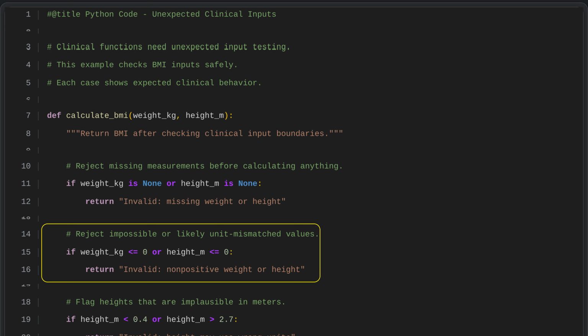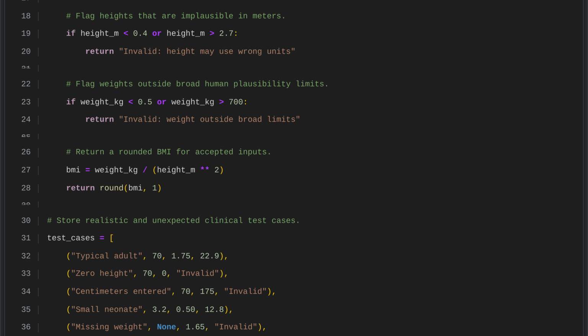The code first checks whether the weight or height is 0 or negative. If either value is invalid, it returns a message saying the measurement is not valid. This prevents the function from using impossible or incorrectly entered data. The code checks whether a height in meters falls within a realistic human range. If the value is below 0.4 meters or above 2.7 meters, it returns a warning that the input may use